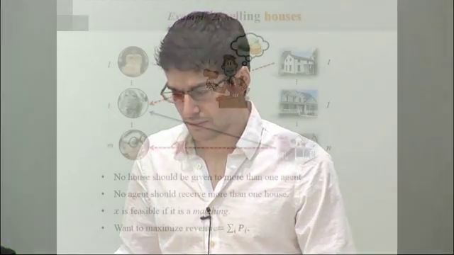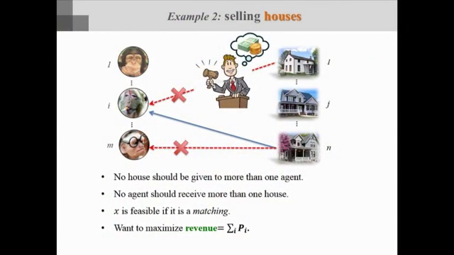The housing example, yeah. Does an agent not only tell you a type, but then do they have an accept or reject for the solution? You're going to charge them a payment and give them a good? So the idea is that if the agent is truthful, then the price that you give them for the house should always be less than what they're willing to pay for it.